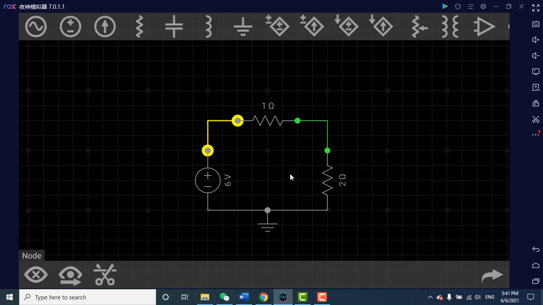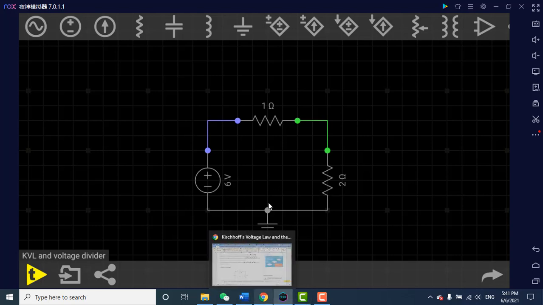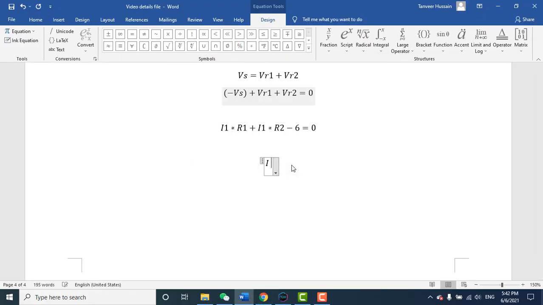So how do we find the current in the circuit? You just combine these two resistance values, 2 plus 1, because both are in series. In series you can directly add. That would be 3 ohms. In the last video we discussed Ohm's law. Using Ohm's law you can directly find that I is equal to V by R. So what is the voltage? 6. And the total resistance? 3. Then the resultant current will be 2 amps.